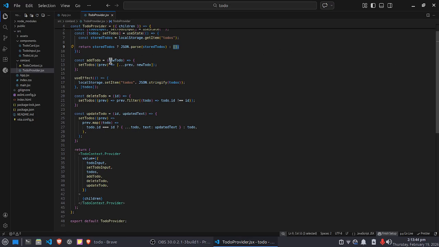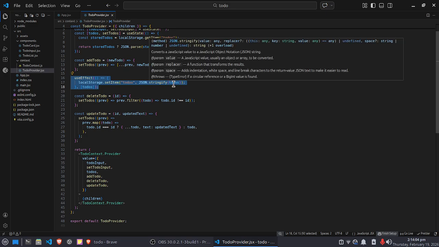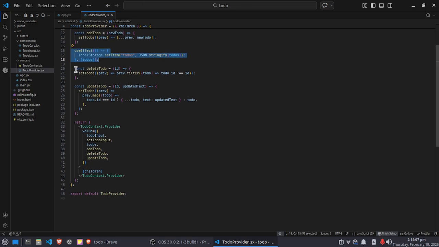And on the add, whenever this add function is called, spread the complete array and add the new todo here. And whenever the todos array changes, call this useEffect that does localStorage.setItem, key here is todos and JSON.stringify todos. And the same for delete, and for delete we need only the id, and in this setTodos we filter out the todos by id. Whenever this id comes, filter that. And here on const updateTodo,